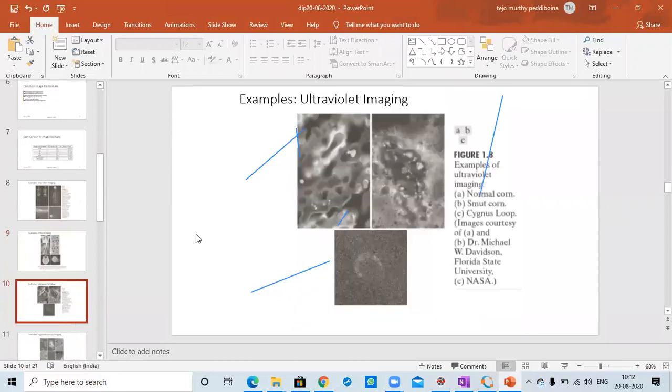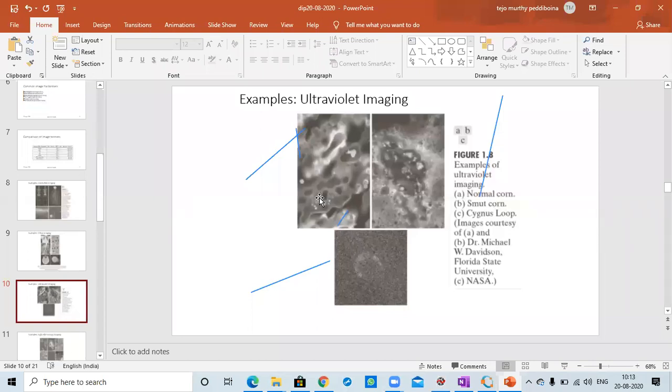So here, this image is for ultraviolet imaging. Ultraviolet imaging uses ultraviolet rays, UV rays. UV rays find so many applications in photolithography. Already you have studied in VLSI that photolithography is a very useful phenomenon